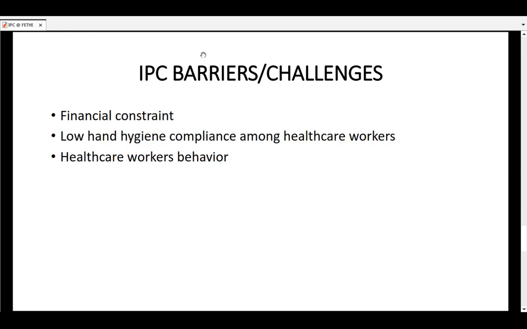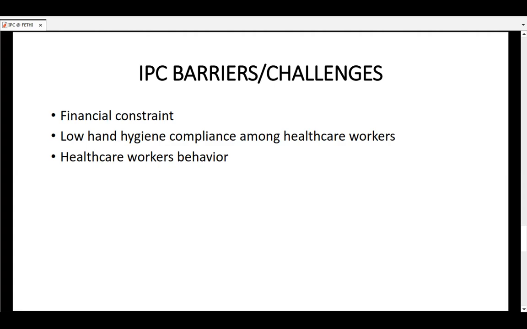Another aspect that I would love to talk about is our CSSD. And I remember during our program, one of the assignments that was given to us was to see how to improve our CSSD and our laundry. And I think over the years, some effort has gone into this to see how to improve. I will say this, and that will lead me to some of these barriers or challenges. There are many, but I intentionally put these 3.